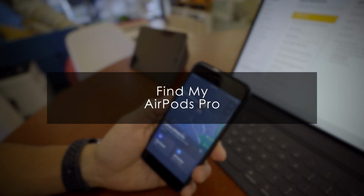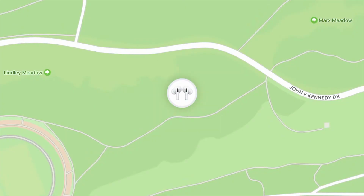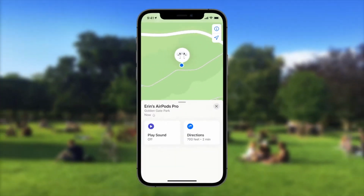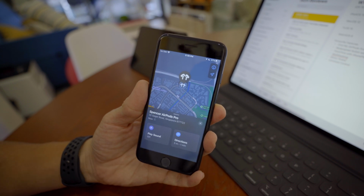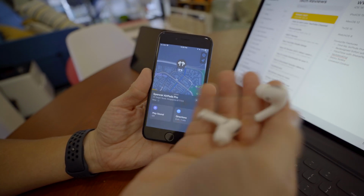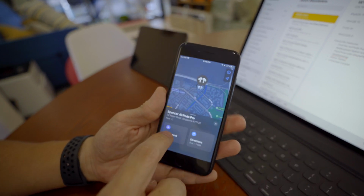Alright, so the very first feature that I really like from them is Find My for AirPods Pro. I'm not sure if it works for the rest, but I believe it only works for AirPods Pro because of the chip inside. And it works something like Find My for AirTags. You now have the ability, if you have misplaced your AirPods Pro, you can choose to play a sound,